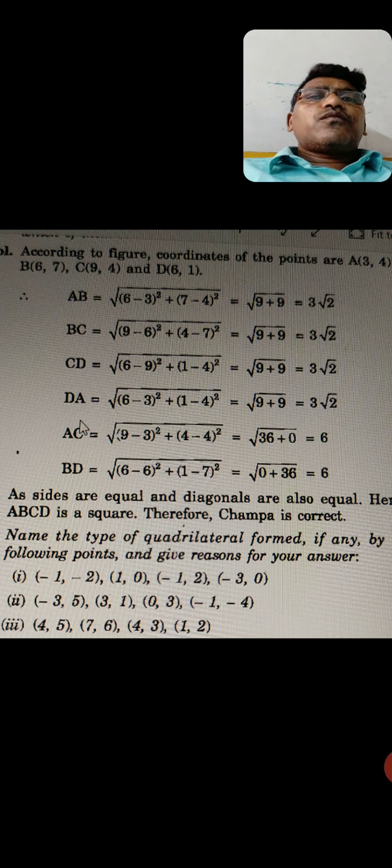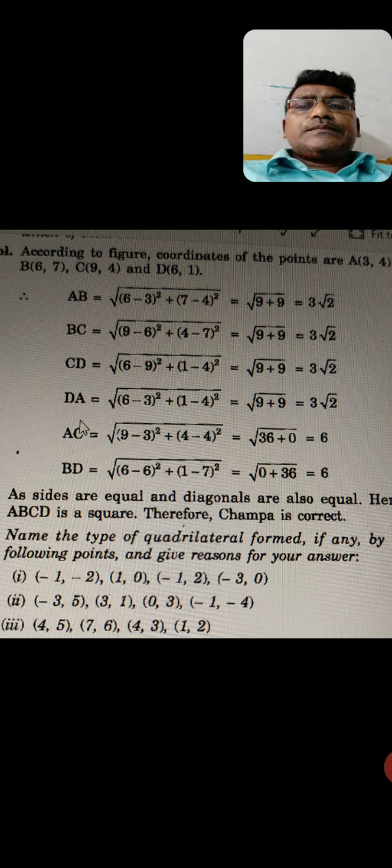So you know that 4 vertices are going to form a quadrilateral. But he is asking you, by plotting these points on the graph paper, which type of quadrilateral is going to form. We are not going to use the graph here, so we are going to find the length of all the sides. Quadrilateral means AB, BC, CD, AD. Like the above question, we find the length of all the sides. After finding that, we observe the lengths of all the sides, then we apply the properties of the quadrilateral. According to that, we are going to decide.